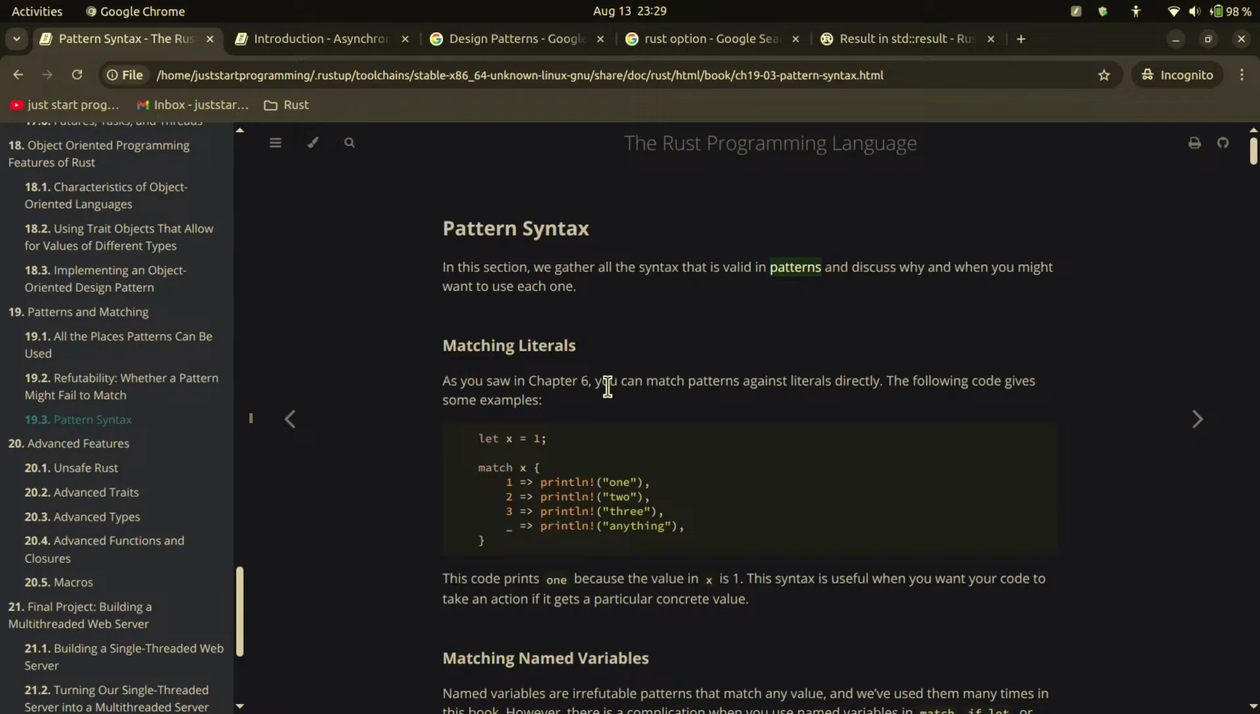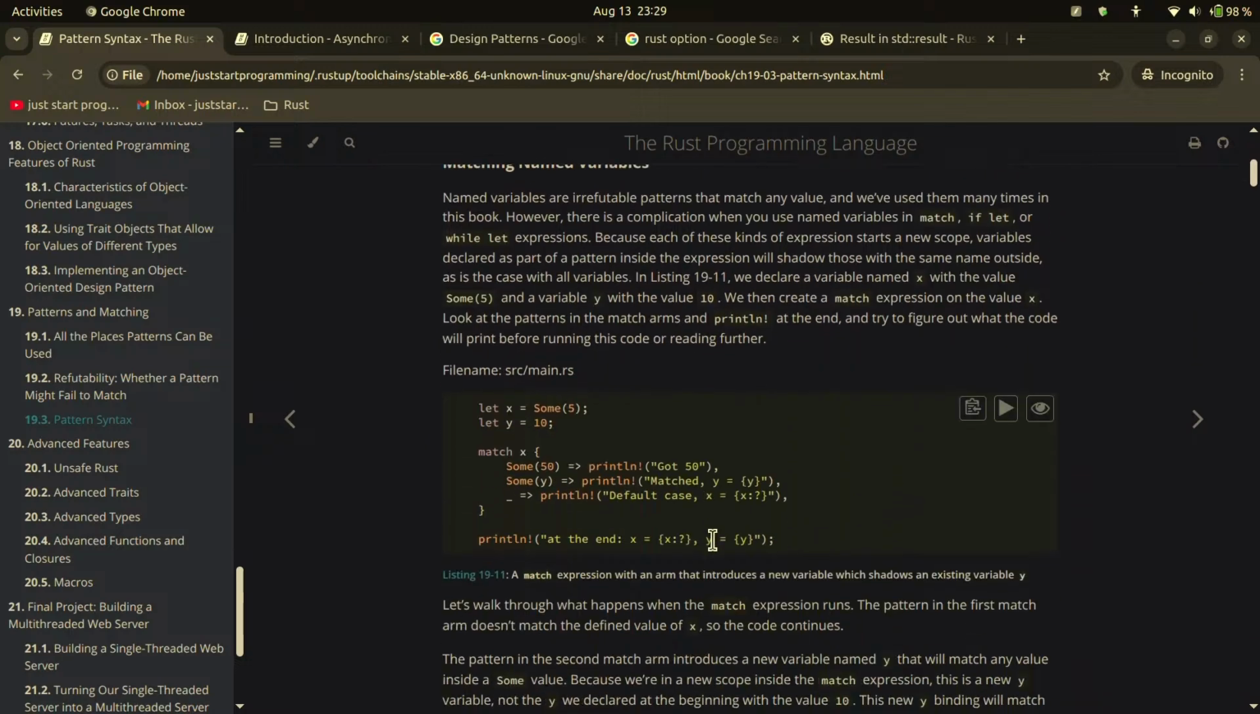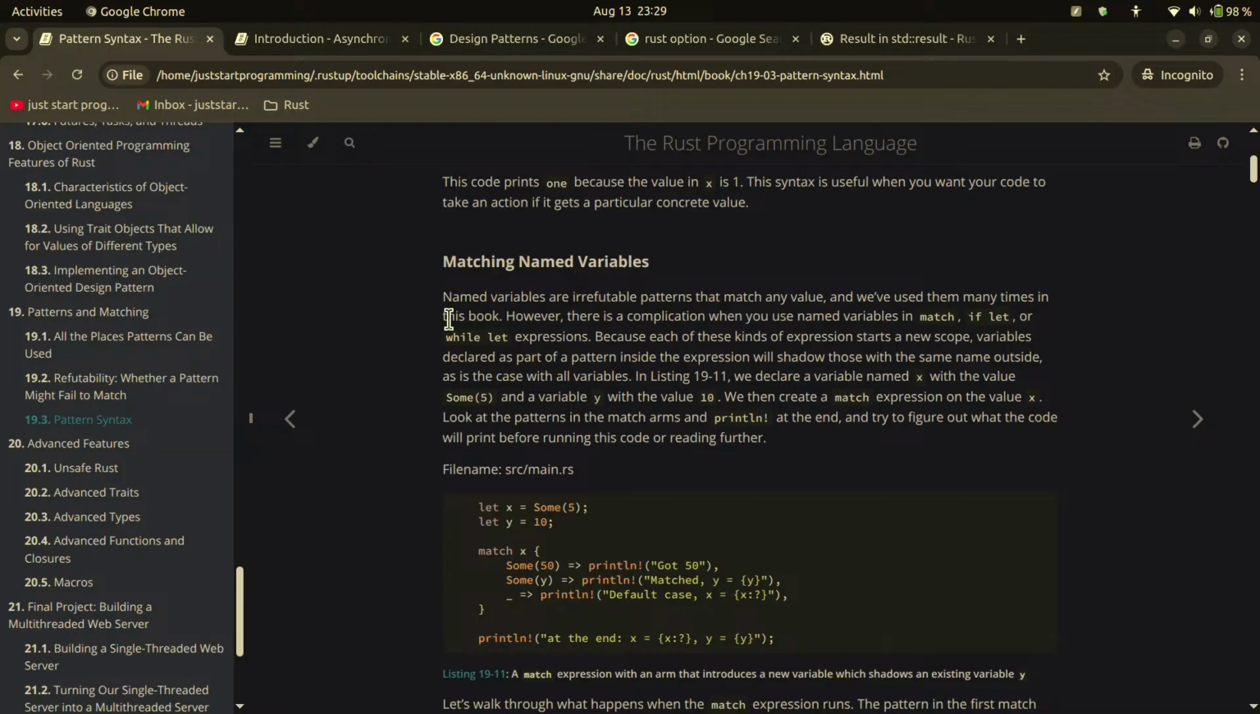So, matching literals. What do we have here? Okay, so we have 1, x, 1. Depending on the number, and anything else beyond 1, 2, and 3 will be handled by this underscore. The code prints one because the value in x is 1. Okay. Matching named variables. Named variables are irrefutable patterns that match any value, and we've used them many times in